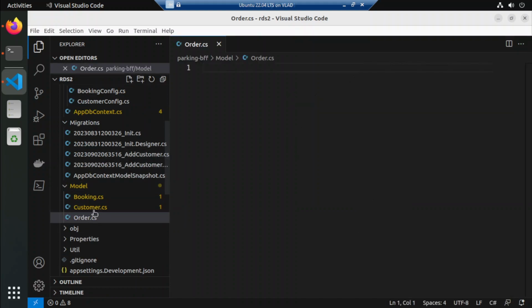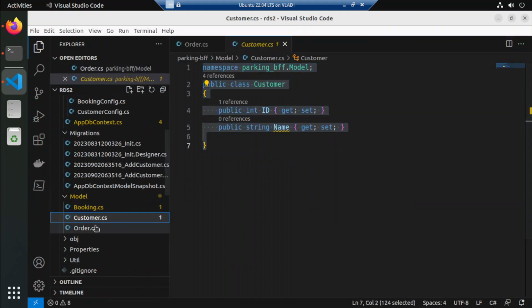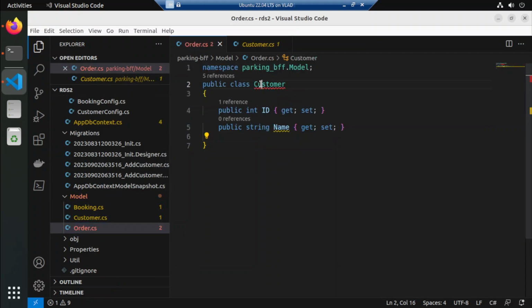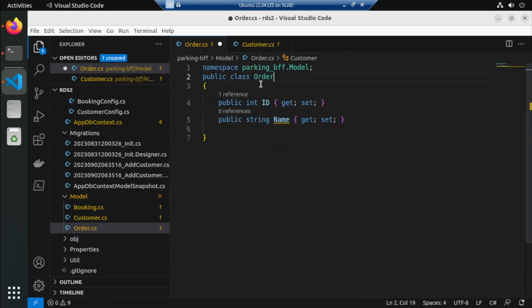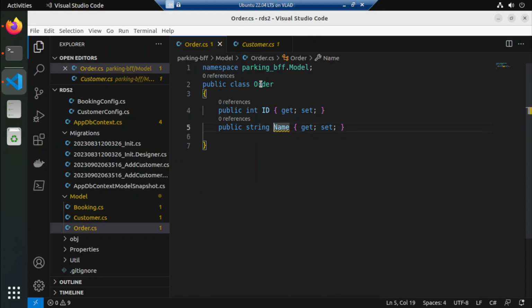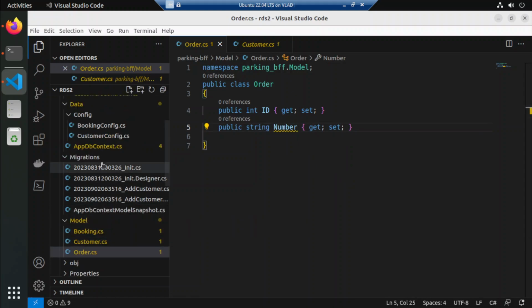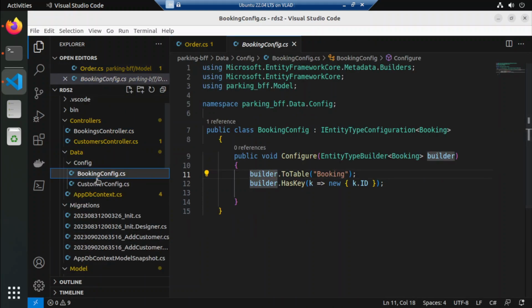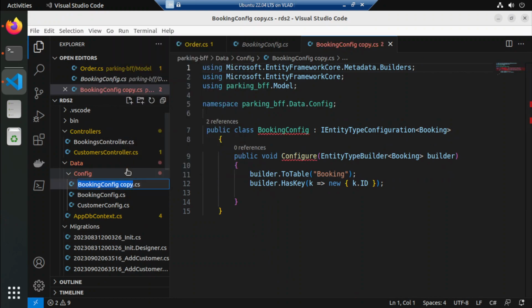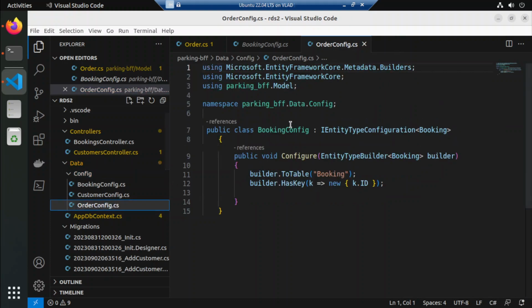order.cs, then copy that, then here change this to order, then here is order number, and in the config we'll create an order config, and in the order config